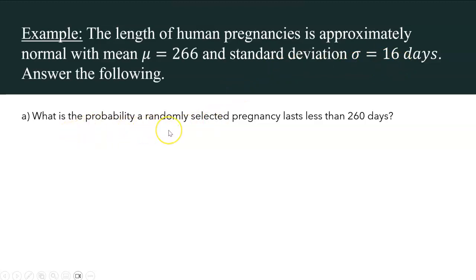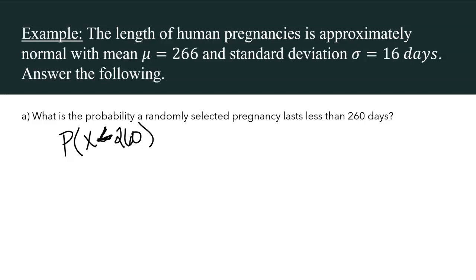The first one is, what is the probability a randomly selected pregnancy lasts less than 260 days? So right here, all we want to know is, what is the probability that X is less than 260? That's a less than sign. Now, in this case, since the population is normally distributed, we can standardize this by finding the z-score